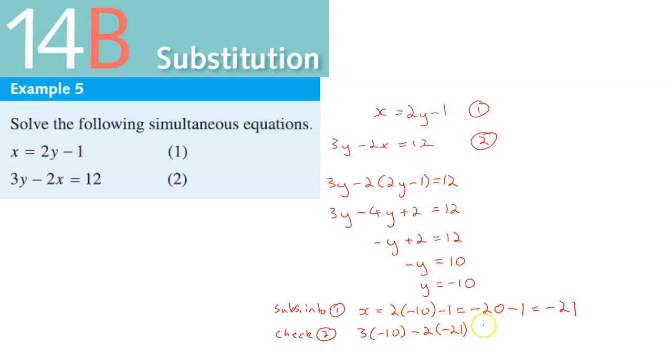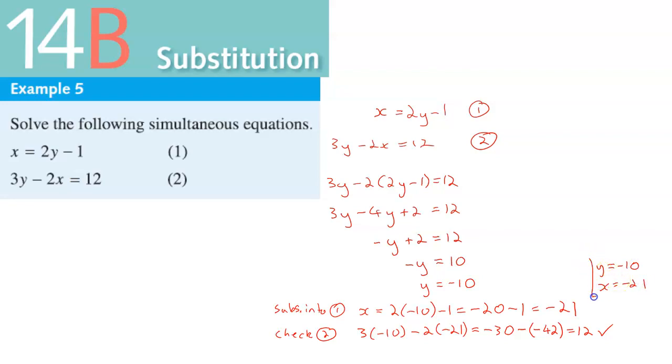Got lots of negatives again, so make sure I'm being careful. 3 times negative 10. Subtract 2 times negative 21. So that's negative 30, subtract negative 42. That equals 12, which is what I wanted, so that's correct. And so finally, state my